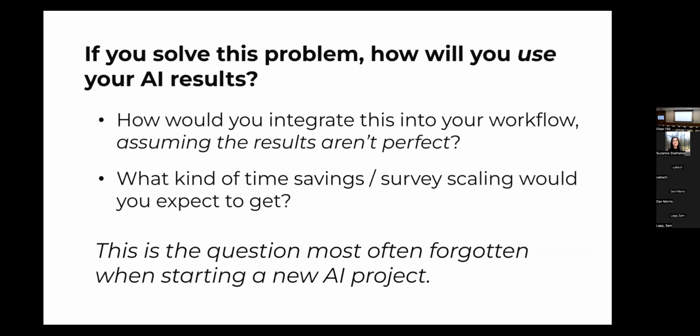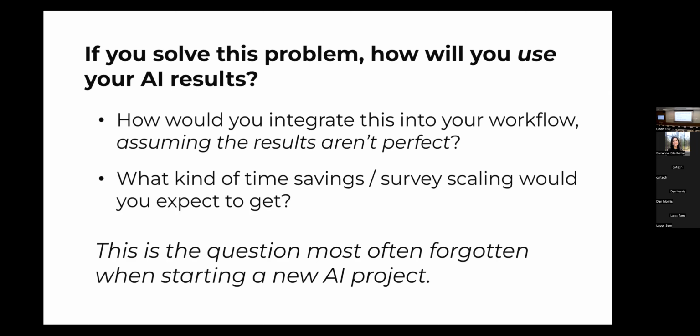And then again, revisiting a theme from before and super, super important: if we solve this AI problem and we can find bears in your camera trap images with 93% accuracy, or we can find whales in your satellite images with a precision of 0.9 and a recall of 0.7, what will you do with that model? And again, this is often the place where AI fails to translate to practice. And unfortunately, it often fails to translate to practice after somebody's spent a lot of time building that model. And it's really helpful.